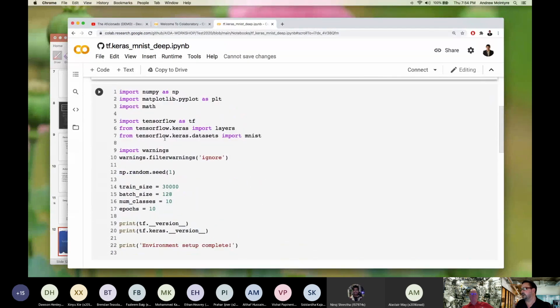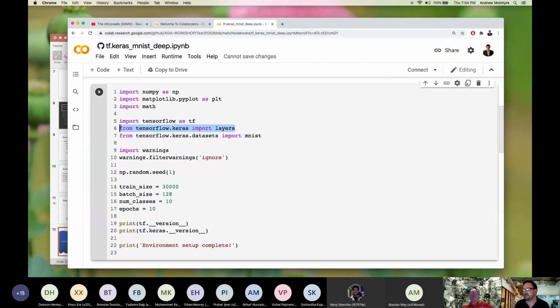You're loading the Keras dataset MNIST, the layers package, which you're going to be doing basically from now on when you're using Keras to create a deep network. Each layer in that network obviously is going to come from this library, and there's all kinds of flavors of networks and different types of layers. It's meant to be modular like that, so you can mix and match layers to a certain degree.